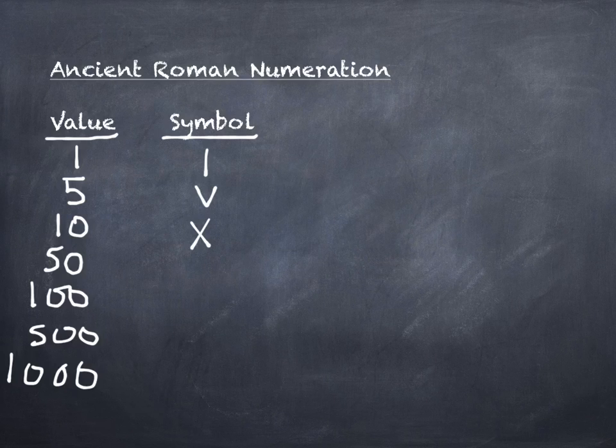But they have other symbols as well. So the number 50 is the symbol L. 100 is C. 500 is D. And 1,000 is M. Now, again, you don't have to memorize any of these symbols because you get a note card for your test, right? But we will pick up with the ancient Romans and talk about how they used their system